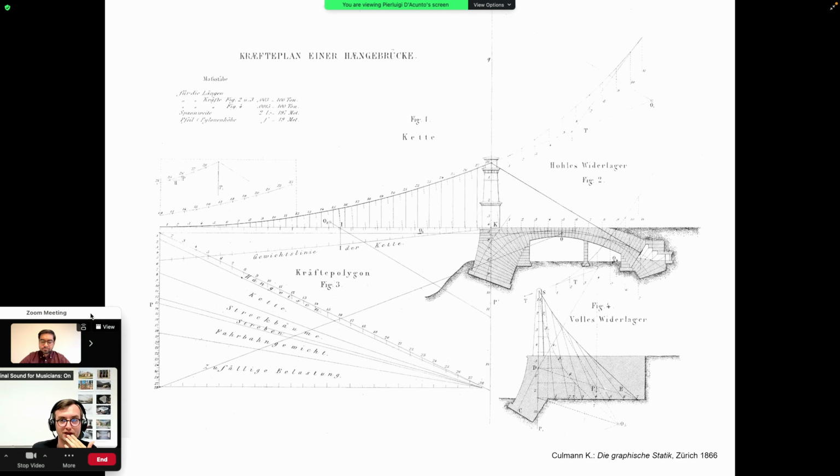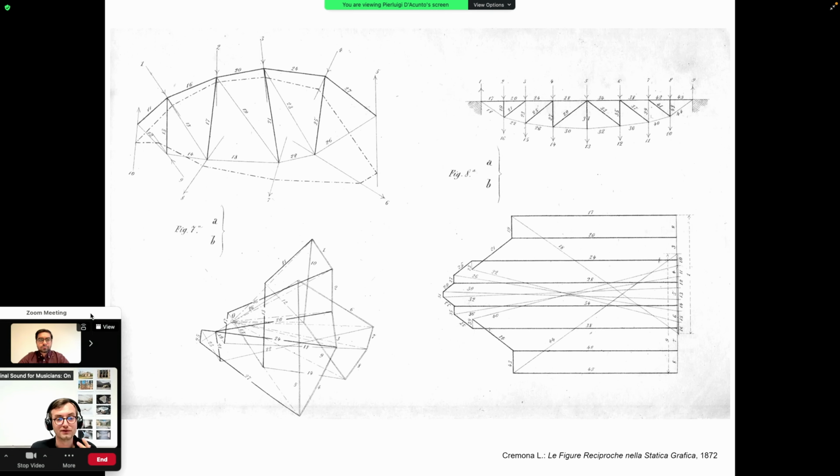So graphic statics was used very much at the end of the 19th century and developed into an autonomous discipline. And this was mostly thanks to the contribution of Professor Karl Culmann from ETH Zurich, who collected all the geometric constructions of graphic statics into the Graphische Statik. That is a book integrating all structural engineering construction using graphical methods. We see here, for example, the design of a suspension bridge on the top of the slides and the corresponding force diagram below. And this, very interestingly, has been then developed very much into